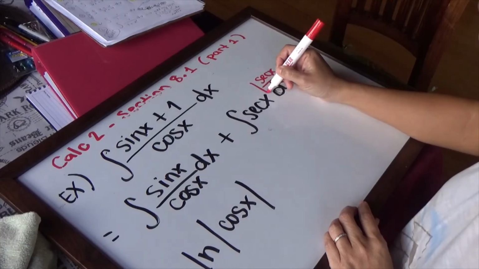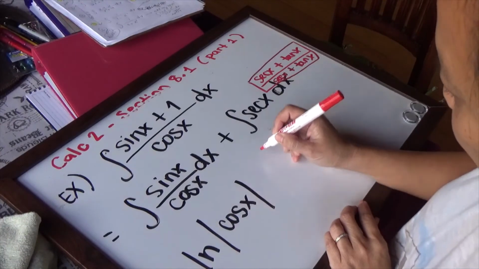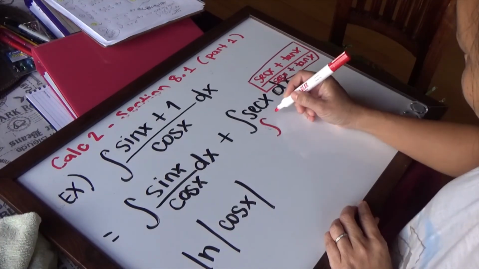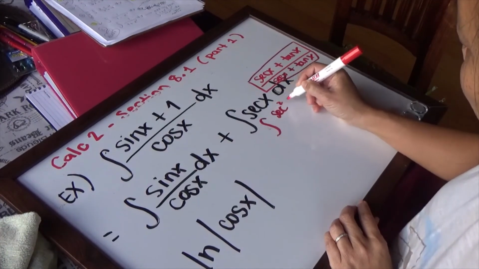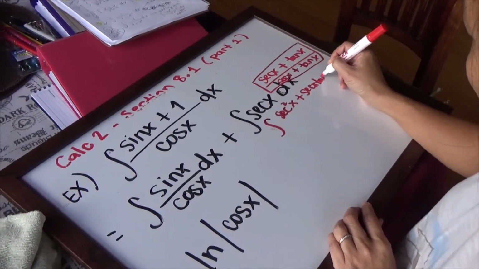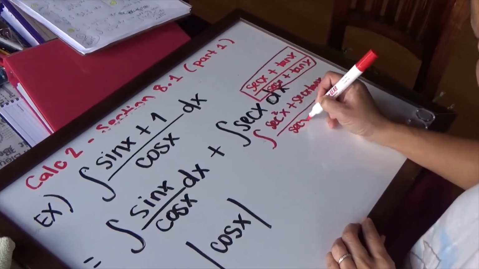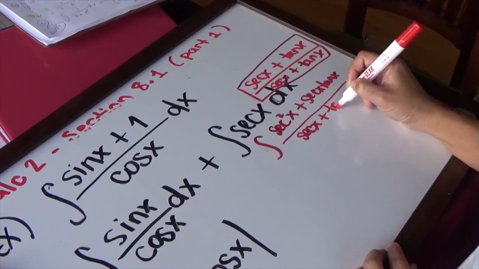So we multiply by 1 right here, and that's our 1. And then that becomes the integral of secant squared x plus secant x tangent x over secant x plus tangent